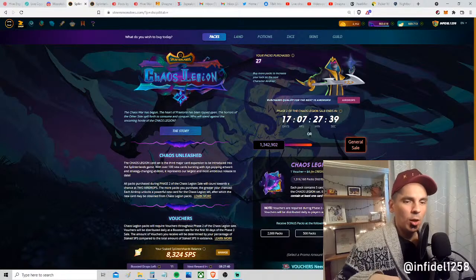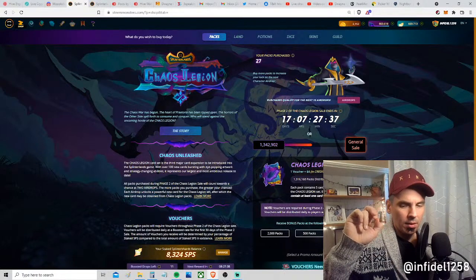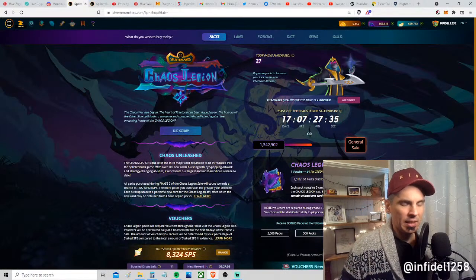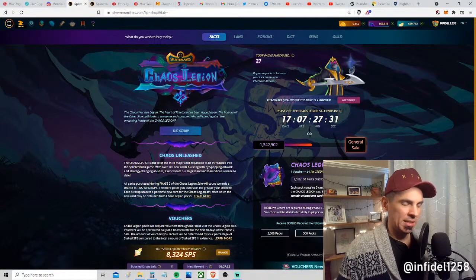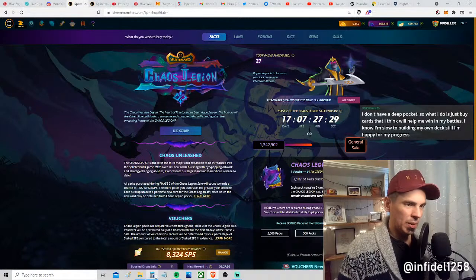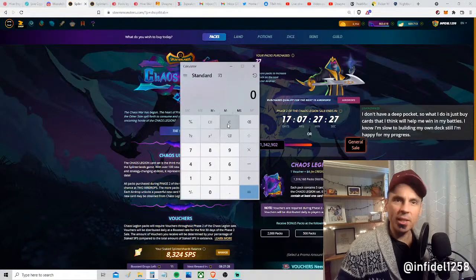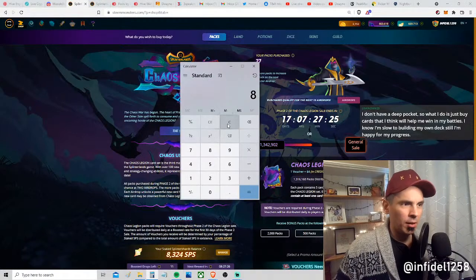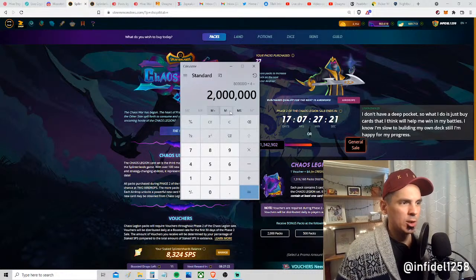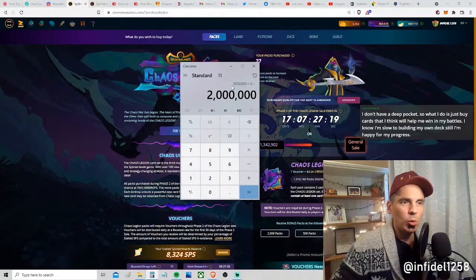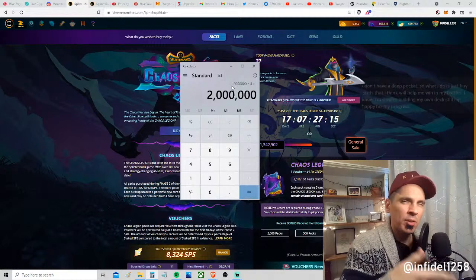Like 2 weeks ago, Agrod said that they had $6 million in contributions for the pre-sale. It's probably gone up, but call it $8 million. 8 million divided by 4, so that's 2 million packs that have probably sold so far in the bulk buys.